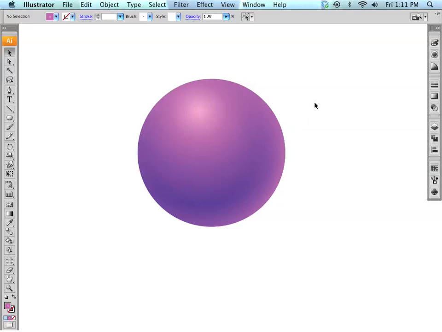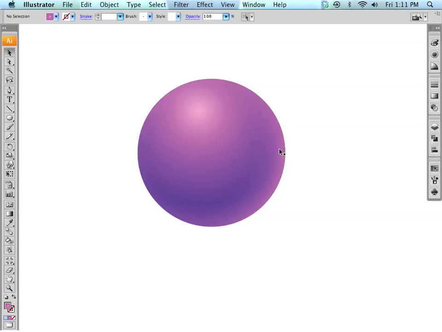Here's a quick demo on working with opacity masks in Illustrator. What you see on the stage here is just a ball with some gradients applied, actually a circle with some gradients applied. And we have a specular highlight here working off to a shadow shape here, and then we see this reflected